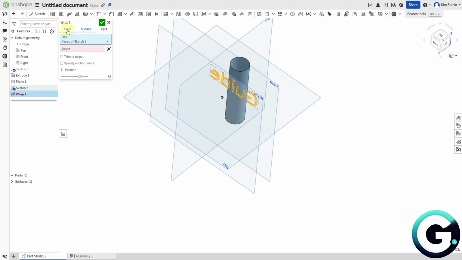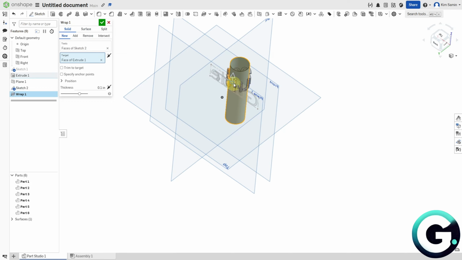I'm going to turn this into something like solid. And then for the target, you want to click on it and then click on your cylinder, and then it will simply wrap our text around that specific shape. Of course, you can apply the changes the way you want to, but generally that's how you create the curved